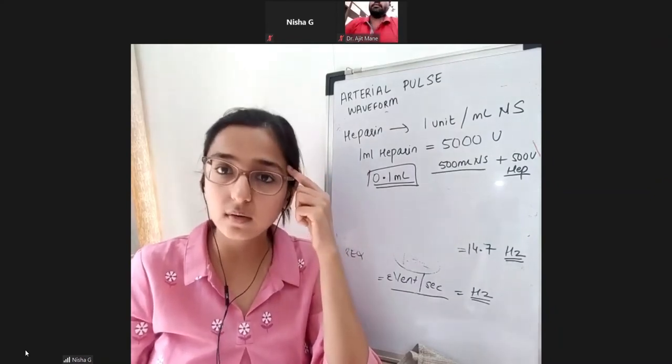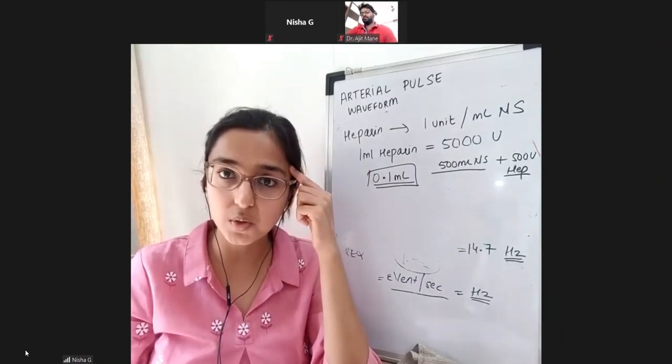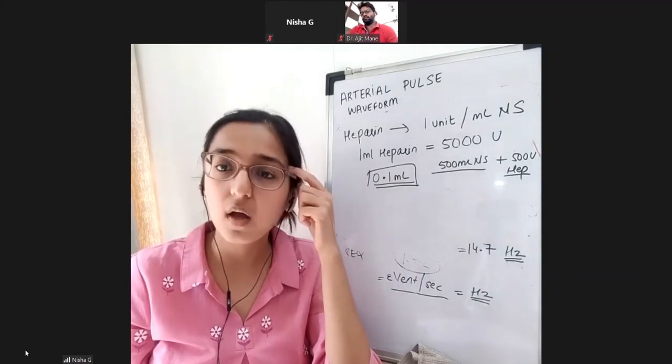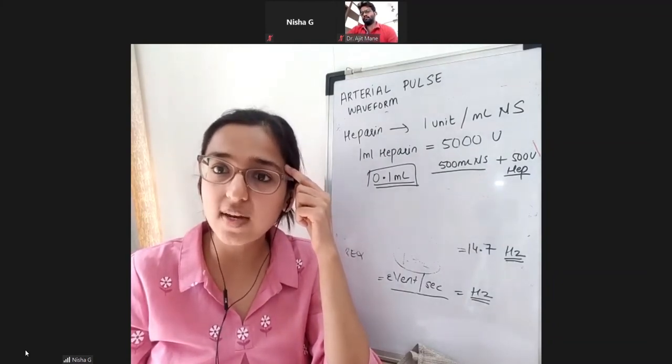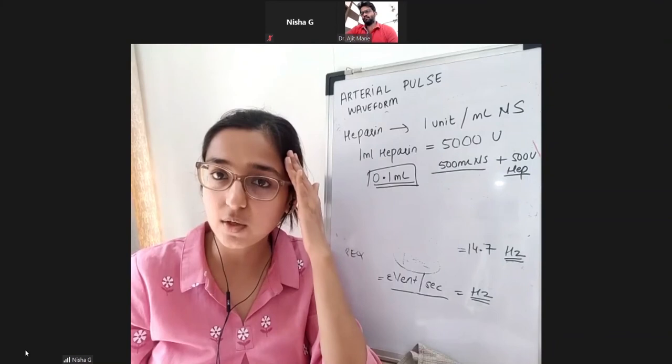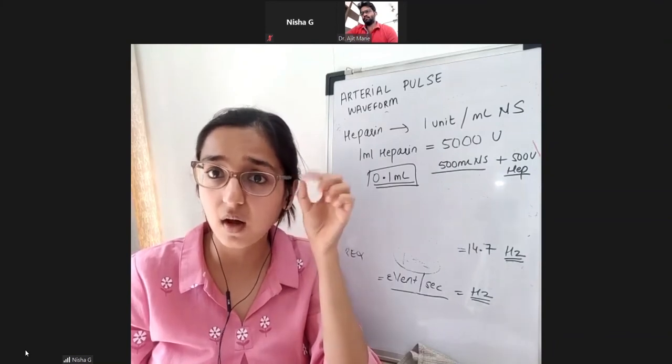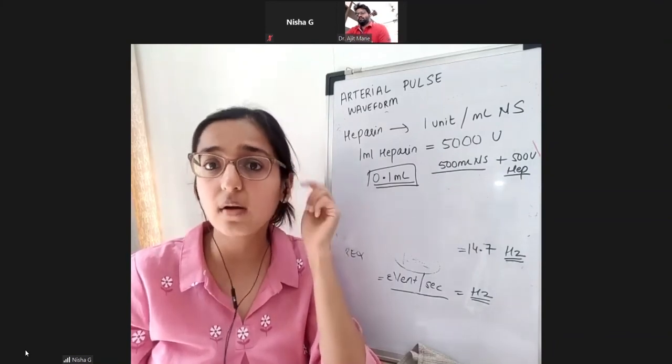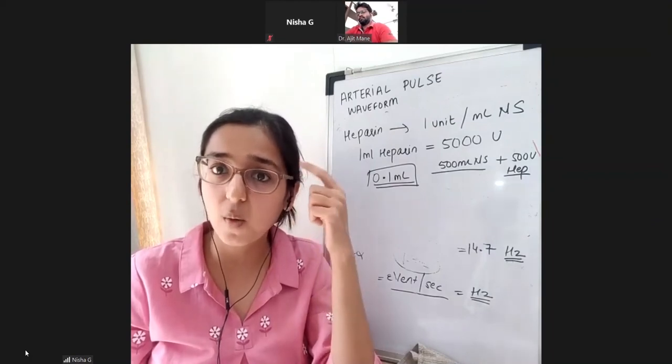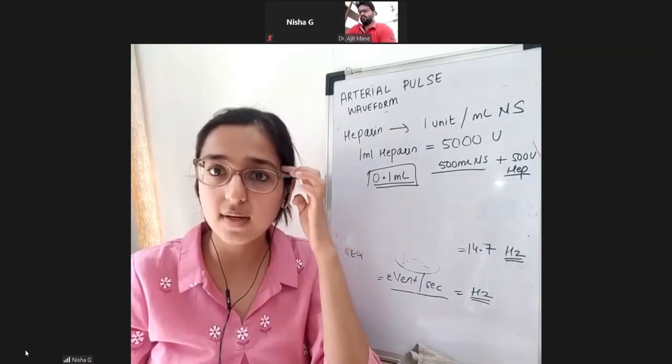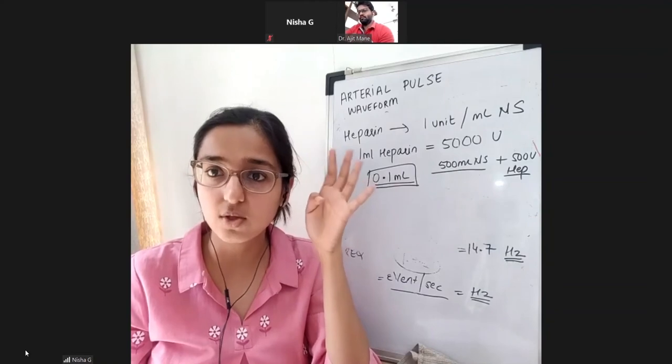And one more over here, superficial temporal artery, also can be cannulated, but this is very difficult. Please avoid this because its course is very tortuous and it is very close to the cerebral circulation. In case by mistake an air bubble enters, it will go and cause cerebral circulation occlusion. So it is better that you avoid such sites.